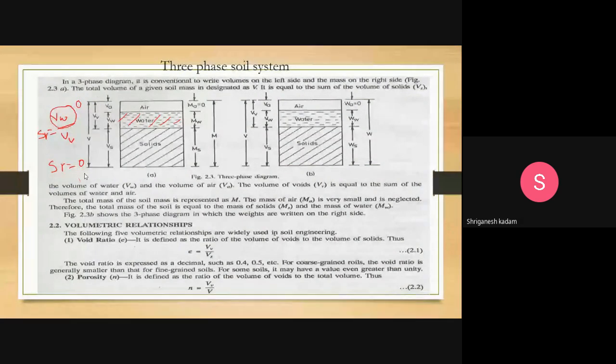So there is a range of degree of saturation. It varies from 0 to 1. Or if we consider percentage, then degree of saturation varies from 0% to 100%. Okay. Now when this degree of saturation equal to 1,